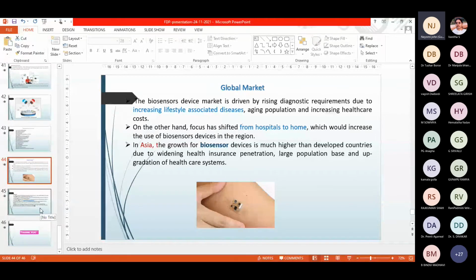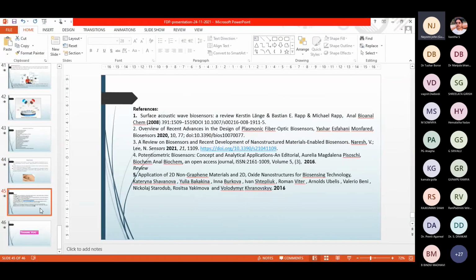So with this, I am closing my talk. I have taken all the resources from these references, and my humble submission is that this is only an attempt to understand. There is a requirement to integrate interdisciplinary